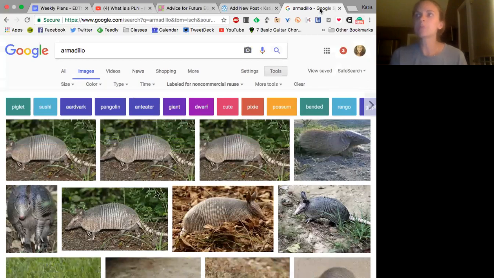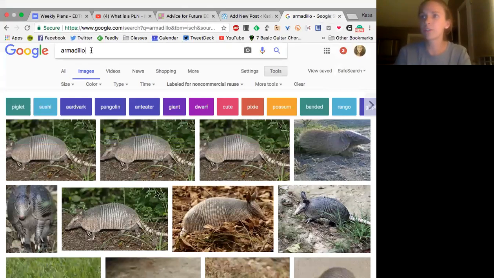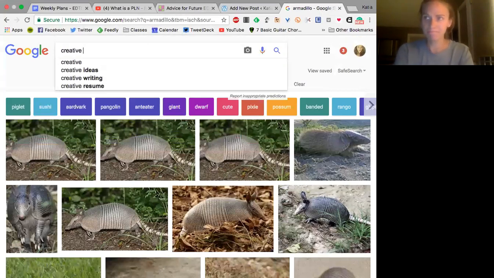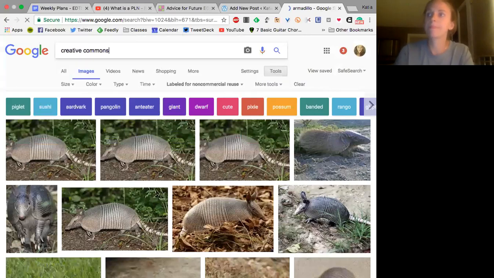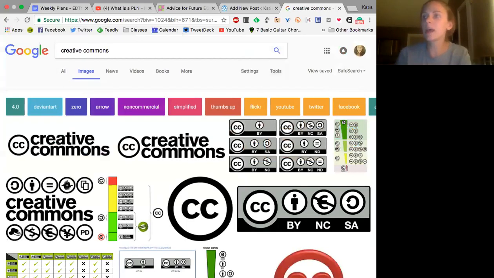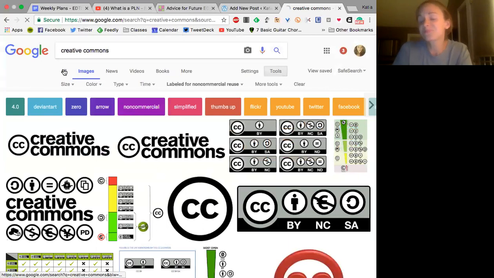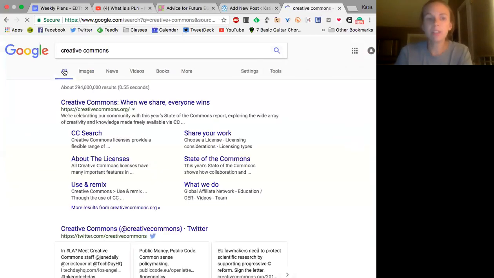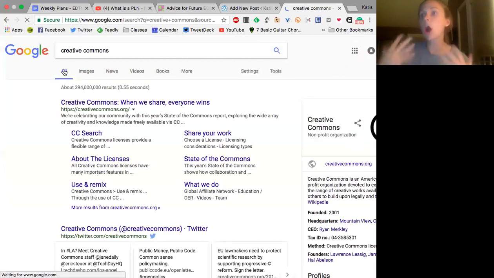So Webster mentioned something called Creative Commons. There's a site, and if I search for Creative Commons, you'll see. Creative Commons is a collection of basically images that are copyleft.